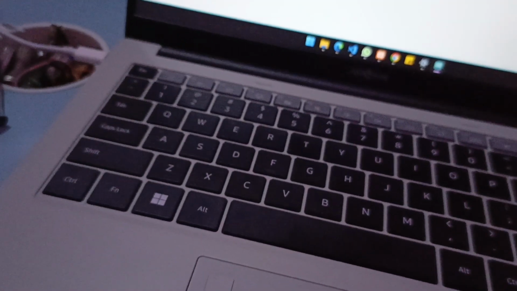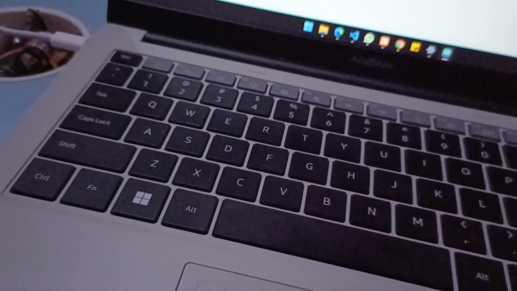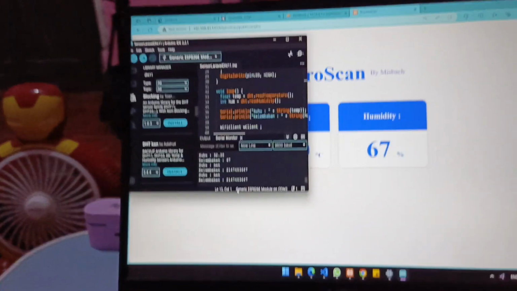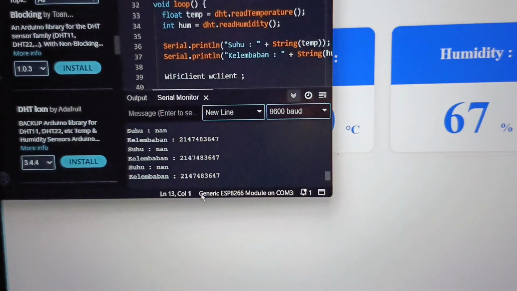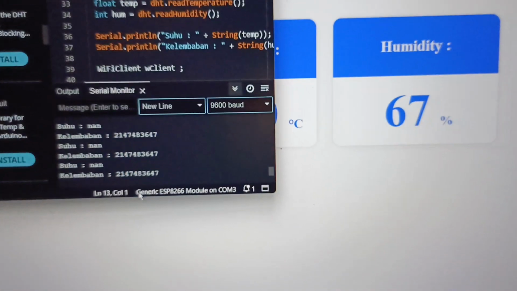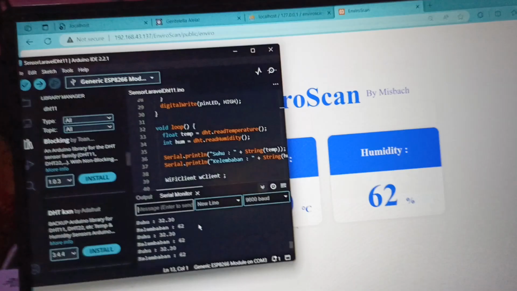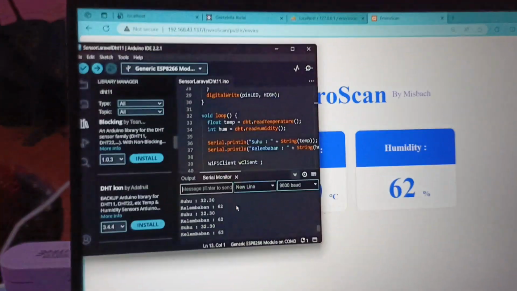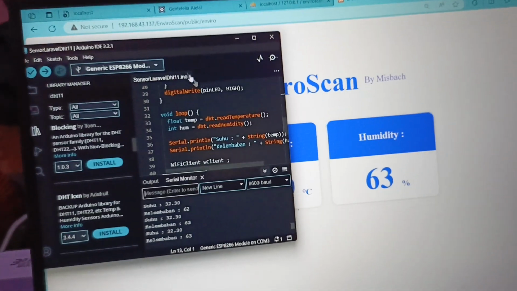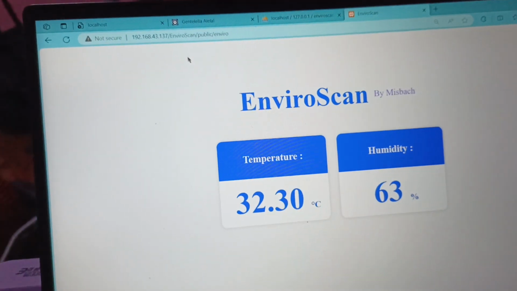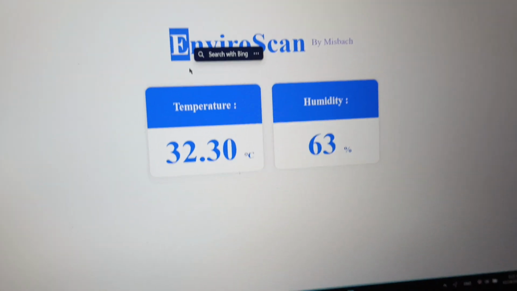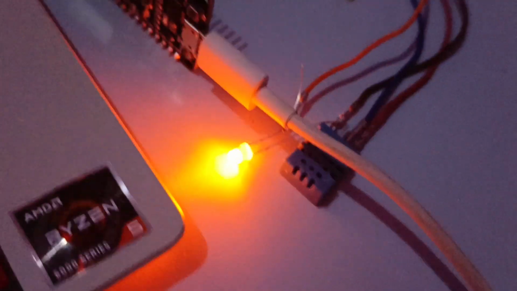Okay, let's, sorry, the cable does not work. Okay, it works again. You can see, okay, this temperature and humidity, and this a sensor.